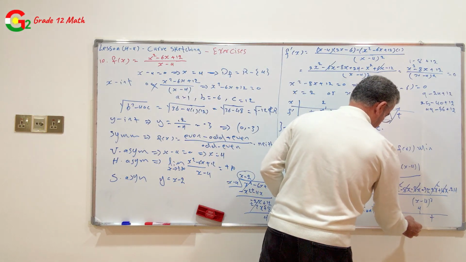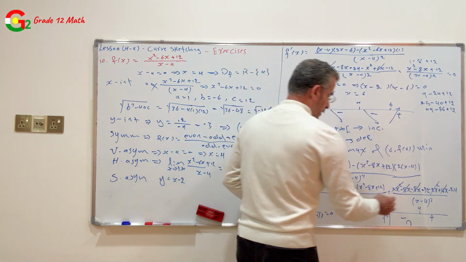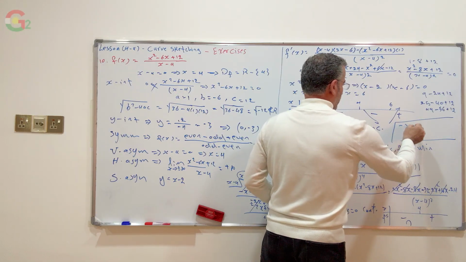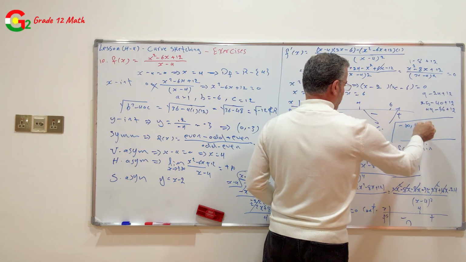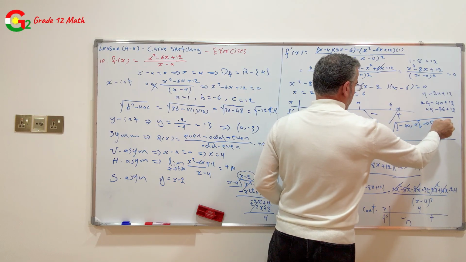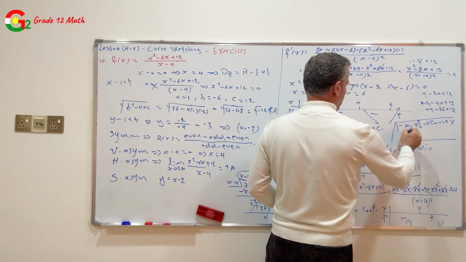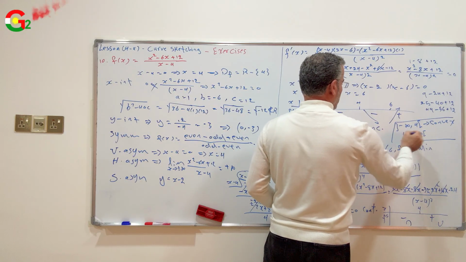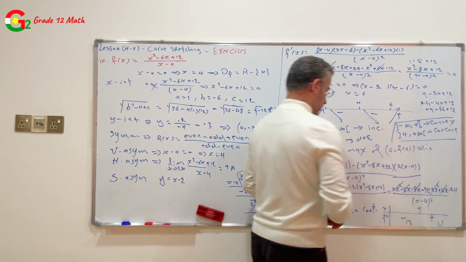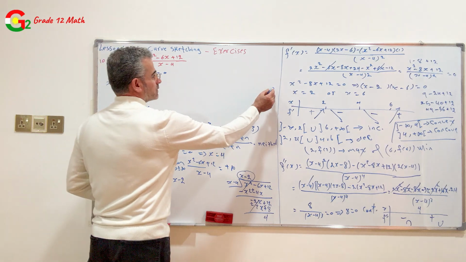Therefore, from negative infinity to 4 the function is concave down, and from 4 to positive infinity the function is concave up, and there is no inflection point. The graph of this function will be,